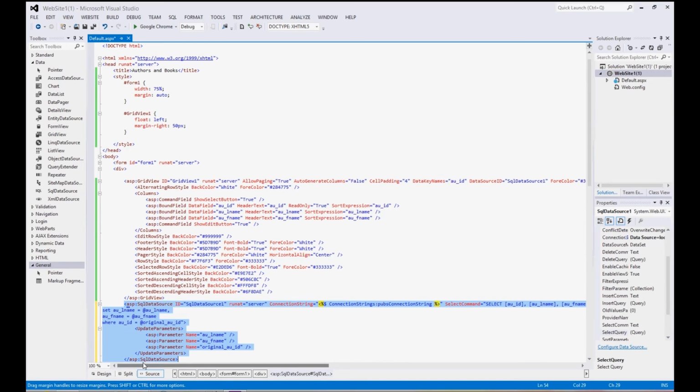So in the SQL data source, I have to make sure that one of the parameters has to be set up. And this is done by going to the SQL data source,